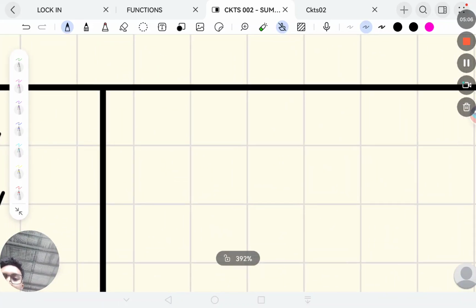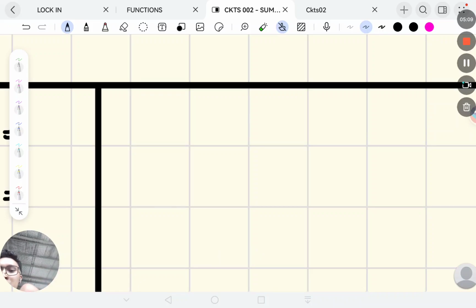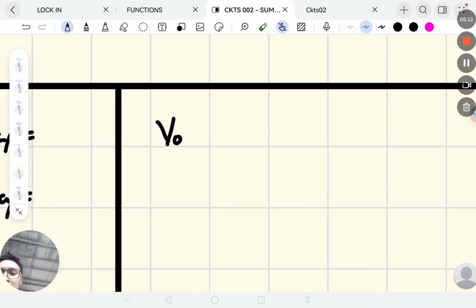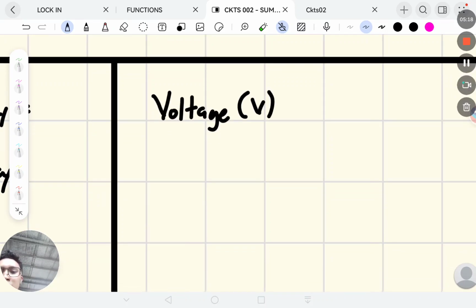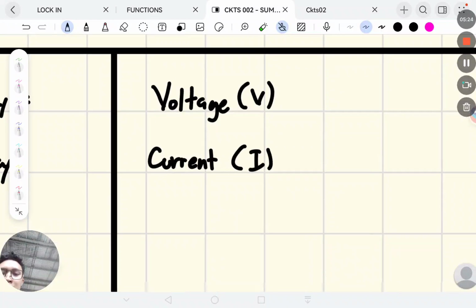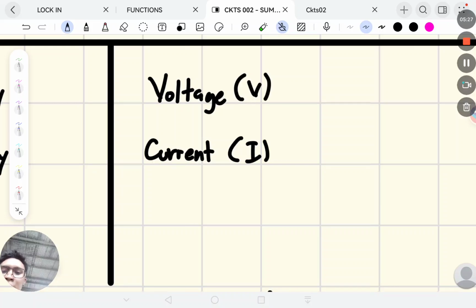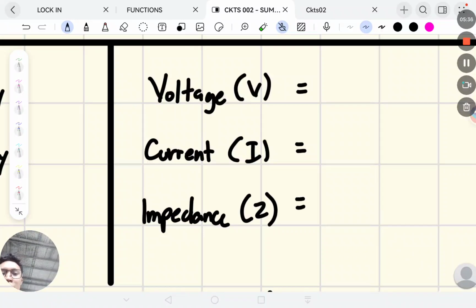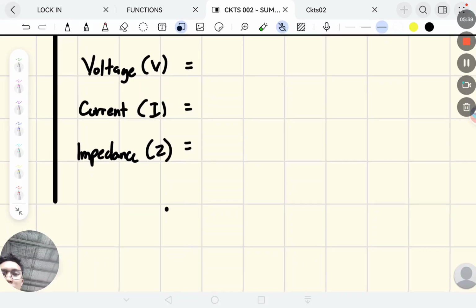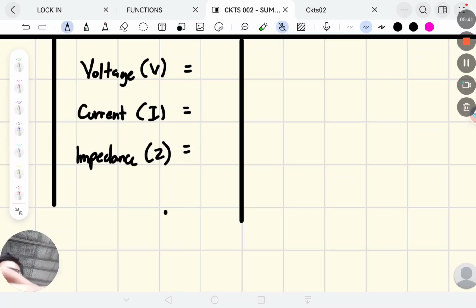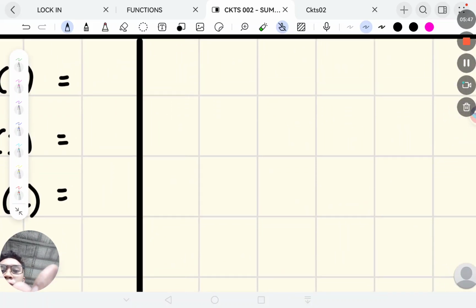Next natin is yung Ohm's law: voltage, current, tsaka resistor. So we have voltage, which is V, current, which is I, resistor, dahil nga alternating current siya, impedance, Z. Okay. Ngayon, natapos na natin yan. Next, ano pang variables natin? Meron tayong